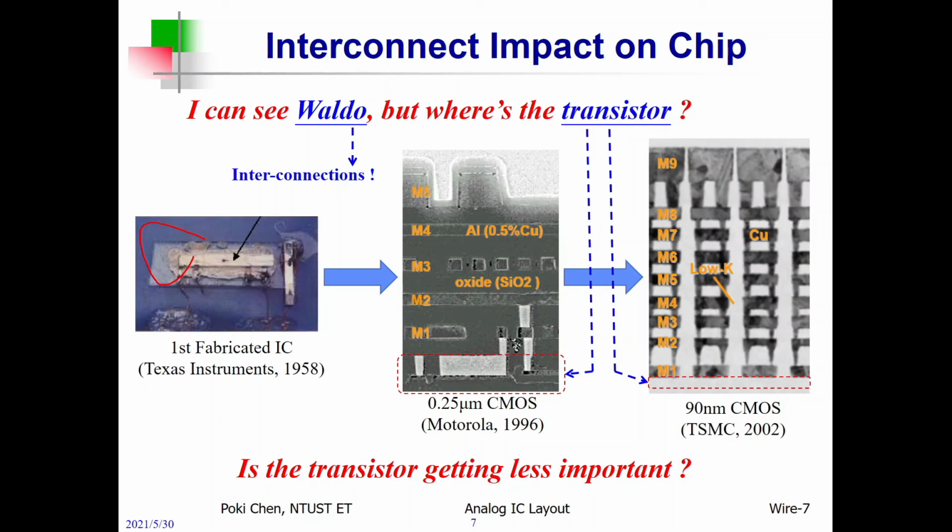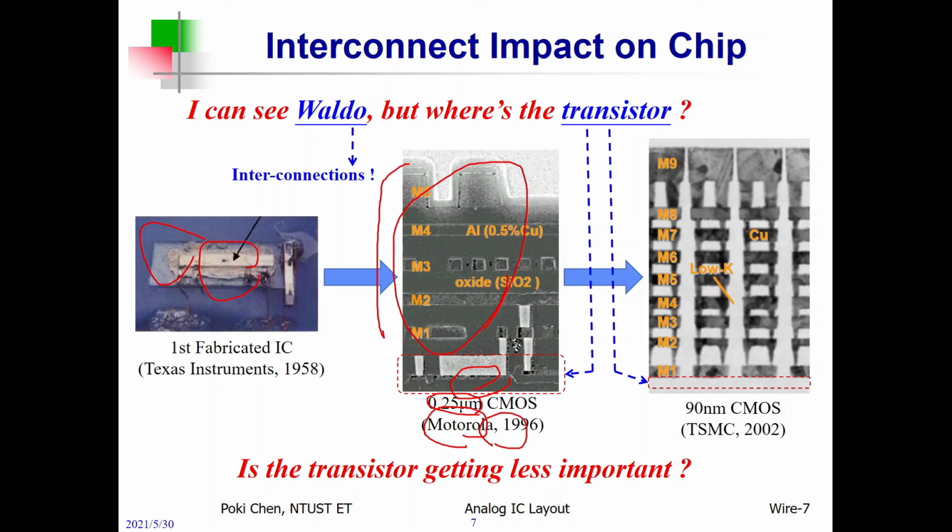According to the size, the device itself, the transistor, is quite comparable to the metal wires. Or you can see the transistor here is actually much larger in size than the gold wires. However, if you have a look at the 0.25 micron CMOS process from Motorola in 1996, totally they have 5 metals. And where is the transistor here? Compare to the real size, the metal wires right now